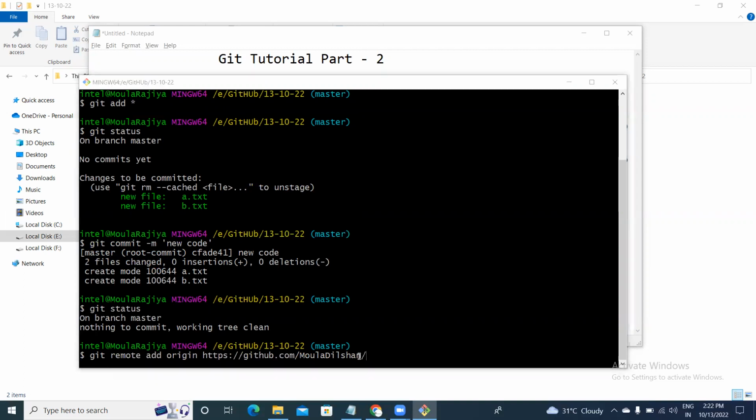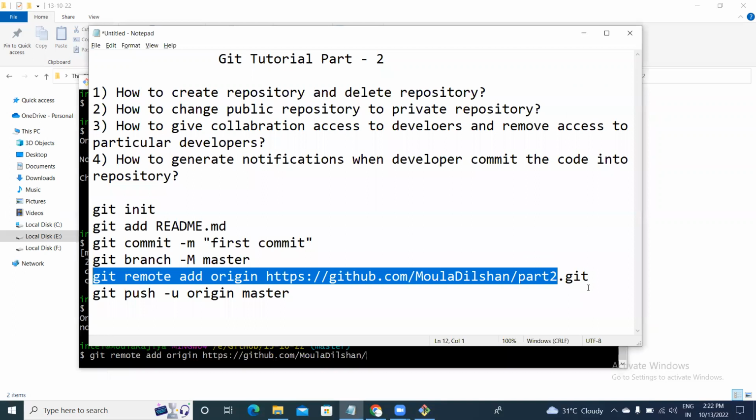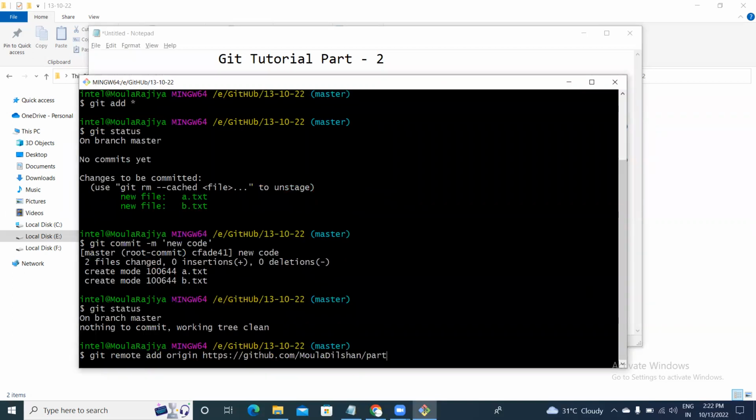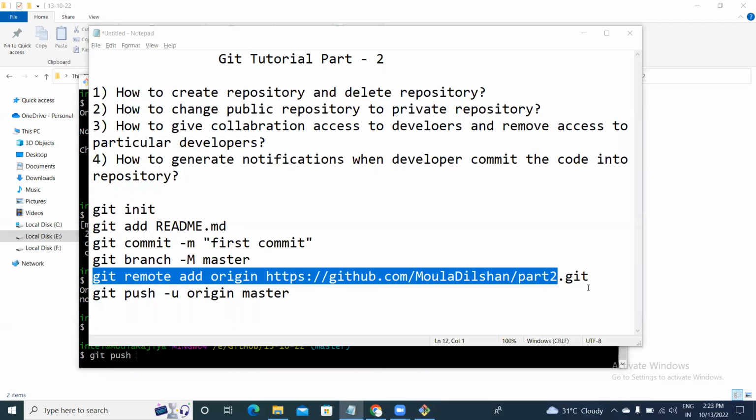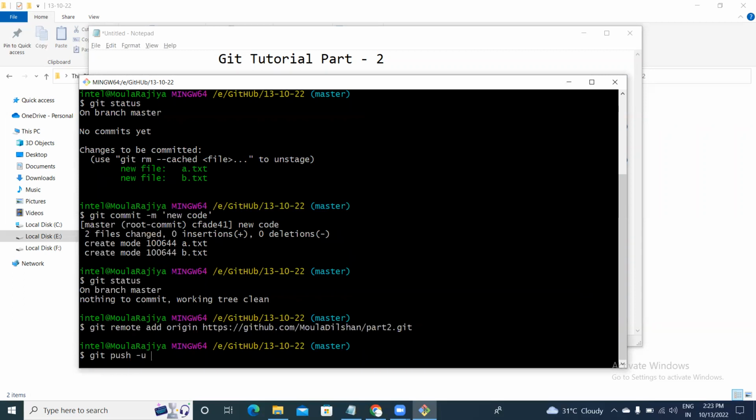Git remote add origin part 2.git. Okay, next git push -u origin